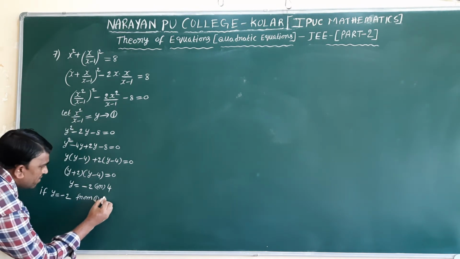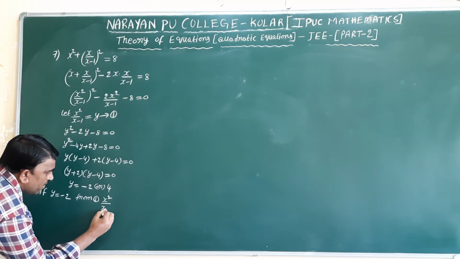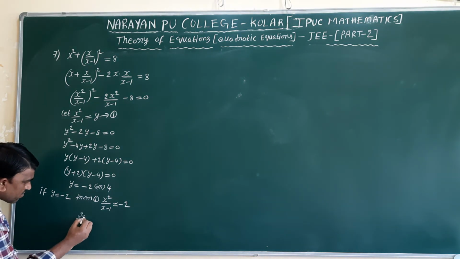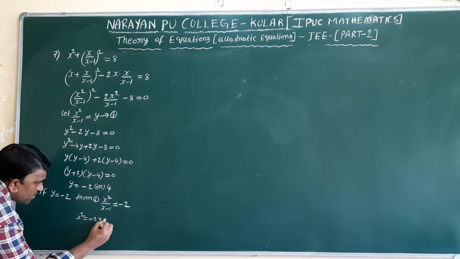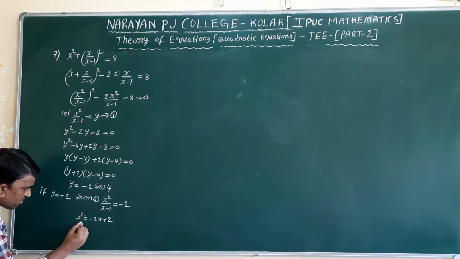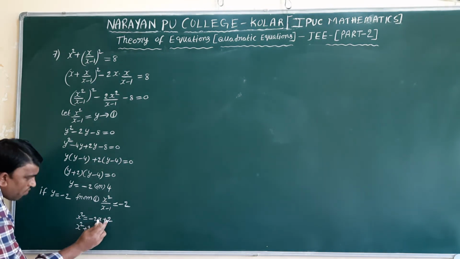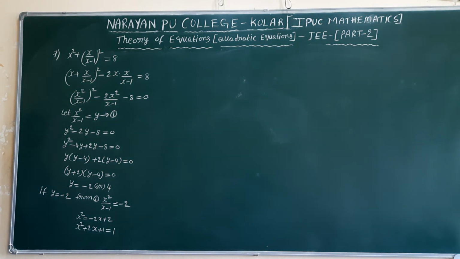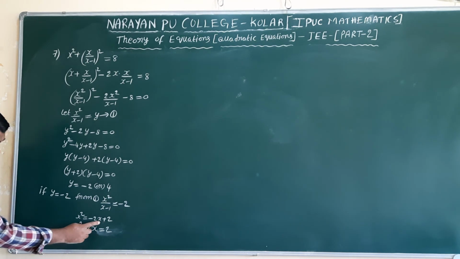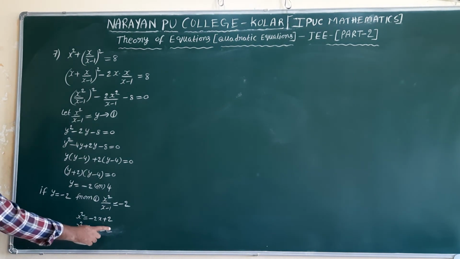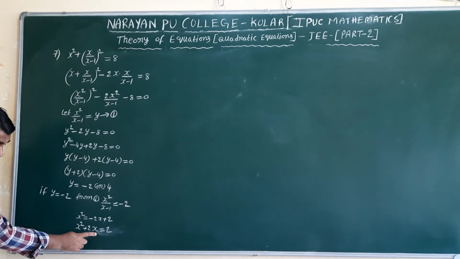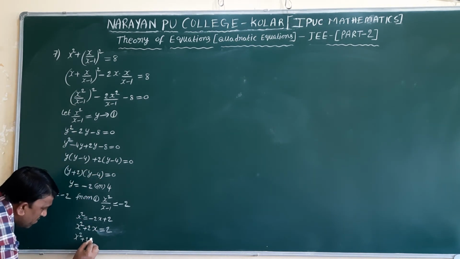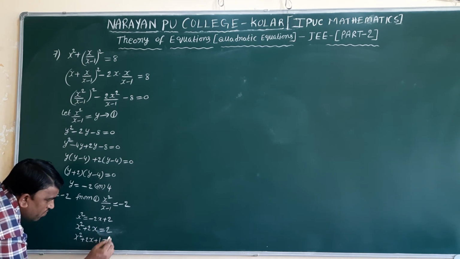From 1, x square by x minus 1 equal to minus 2. Send right side, x square equal to minus 2x plus 2. Here x square plus 2x, only one value send here, remaining one keep like that only. Here minus 2x will be sent here, x square plus 2x equal to 2. To make it perfect square, 1 is required. Both sides add 1. X square plus 2x plus 1 equal to, here also 2 plus 1, 3.